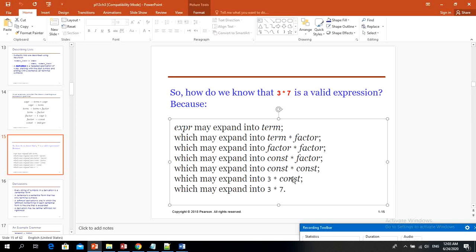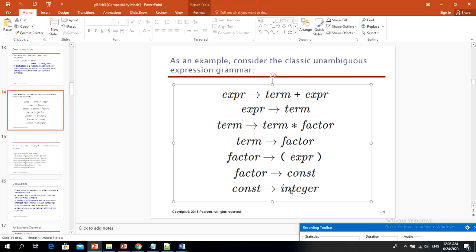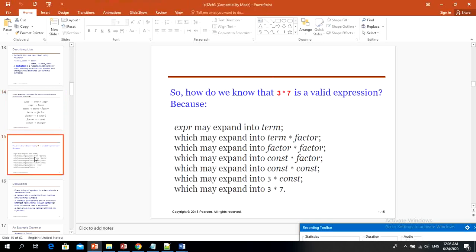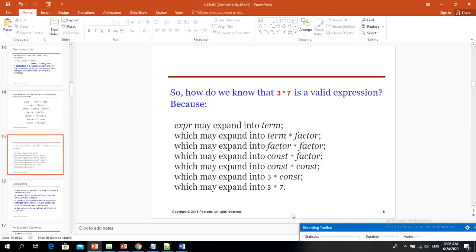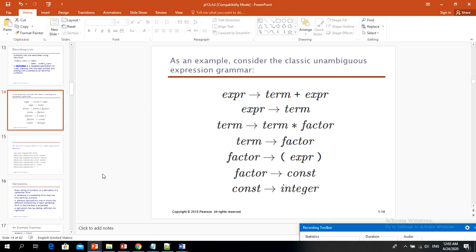which could be 3 multiplied by constant. Why? Because a constant could be an integer. How do I know that? Because here a constant could be an integer, the last one here. So this one, 3 multiplied by constant, and since a constant could be an integer, I can replace the last one also with 7. So the last one is actually 3 multiplied by 7. Now I was able to prove that 3 multiplied by 7 using this grammar is actually a valid expression. So this is how we can provide such examples, and every example that we talk about expression,